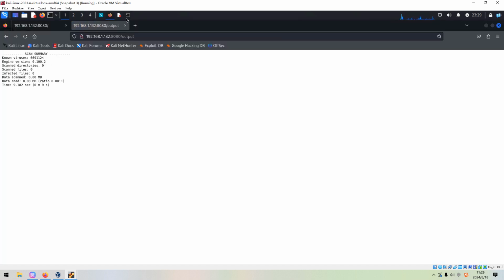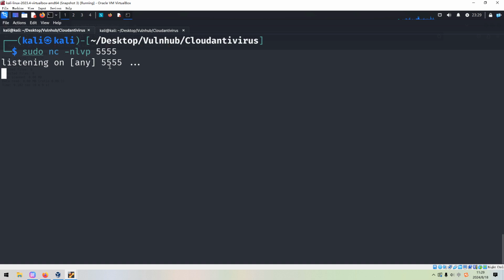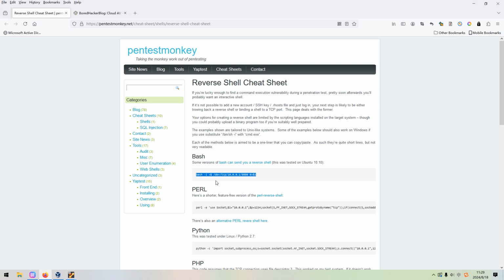It's done. However, if we pull up the terminal, we didn't get anything from the target. So it means that this command cannot work, and we need to try something else.